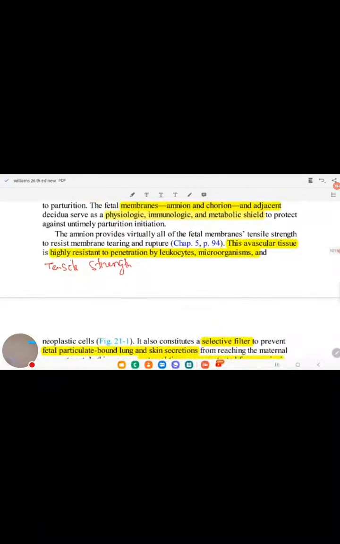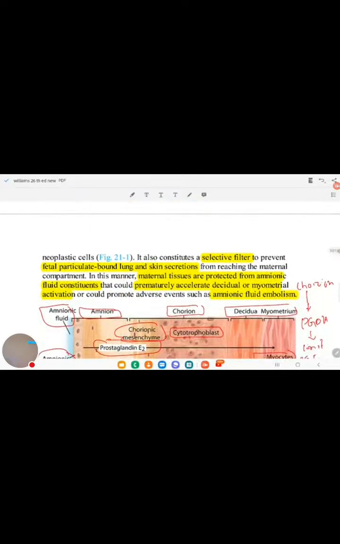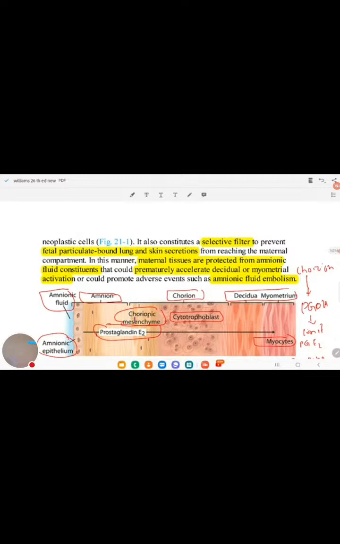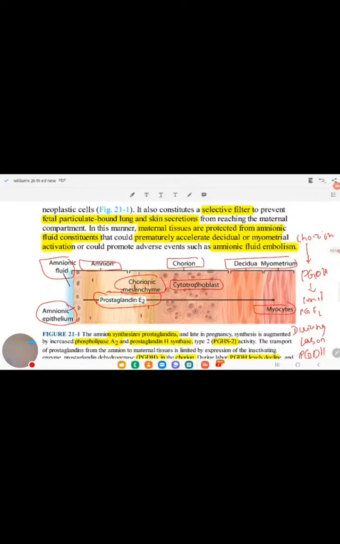What is the function? The amnion is a fetal membrane that is completely avascular tissue. It is highly resistant. Because the amnion is a thick membrane, it is resistant to penetration by leukocytes and microorganisms. It also acts as a selective filter barrier to prevent fetal particulate-bound lung and skin secretions from reaching the maternal compartment. In this manner, what happens? Amniotic fluid constituents could prematurely accelerate decidual and myometrial activation or promote adverse events such as amniotic fluid embolism. That will prevent the amniotic fluid embolism